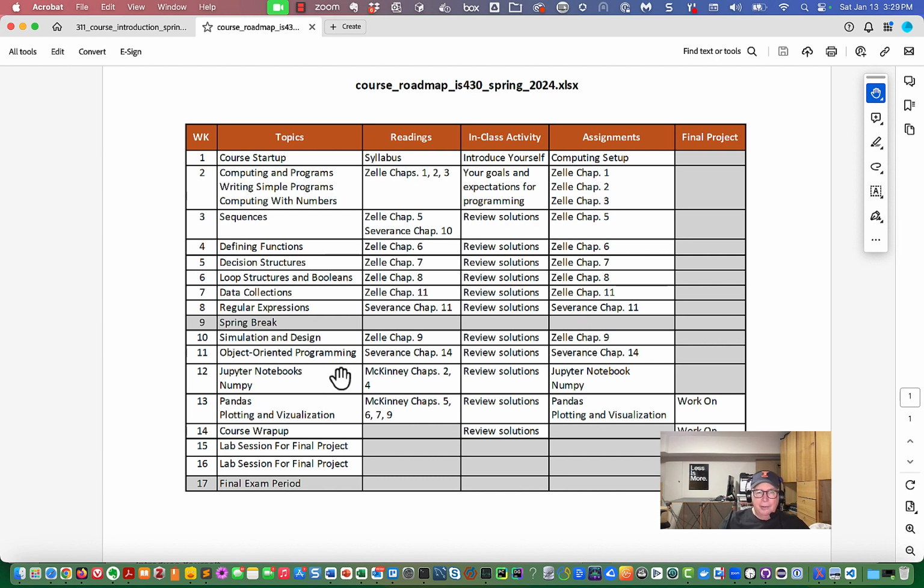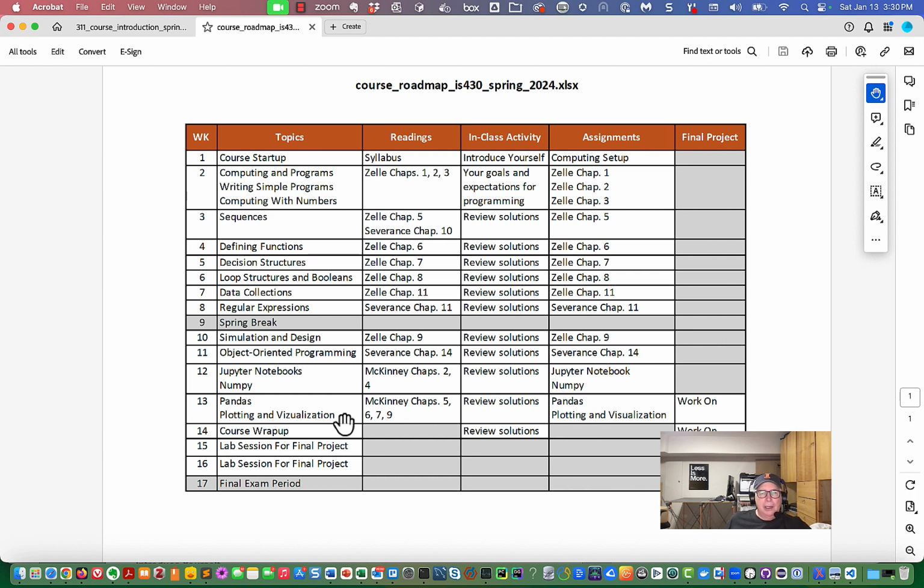Okay, so there are 4 things that get used a lot, and we take a quick survey of them. They include Jupyter notebooks, a Python package called NumPy, numerical Python, a Python package that gets a lot of use in data science called Pandas, very, very popular. And then plotting and visualization, which we do for the most part with a Python package called